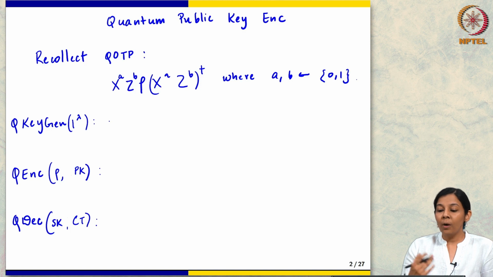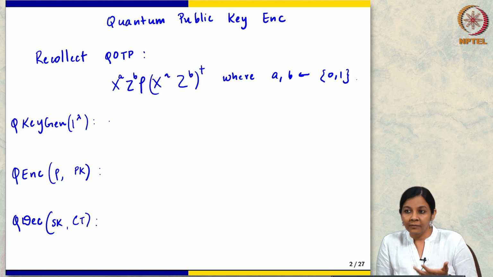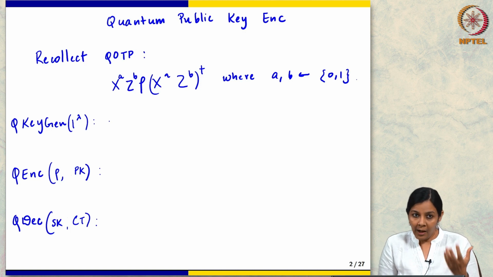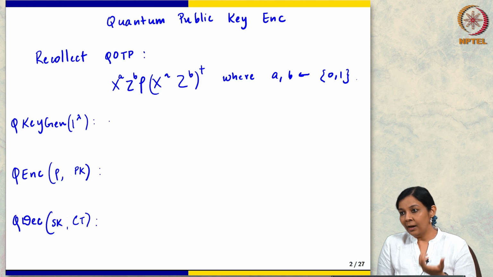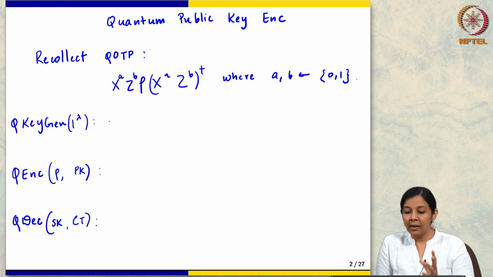Okay, what's the issue with a quantum one time pad? So, a quantum one time pad is giving me something really nice, right? It's allowing me to take an arbitrary mixed state and erase all the information about the state, right, in an information theoretic way, such that it can nevertheless be reversed if I know the secret. So, my secrets are these classical bits A and B, okay, and I know how to do this one time security. So, what is the issue if I just use a QOTP many times?